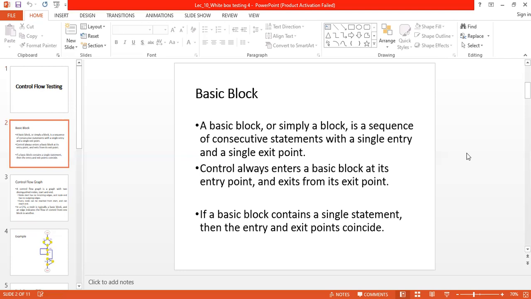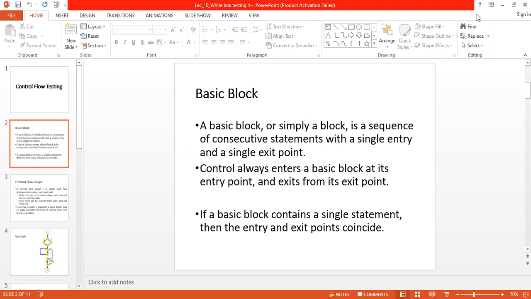So we have a keyword called basic block, right? So basically this basic block, or we can tell it in a very simple term, just block. It's a sequence of consecutive statements, and these statements will have one single entry and one single exit, right?